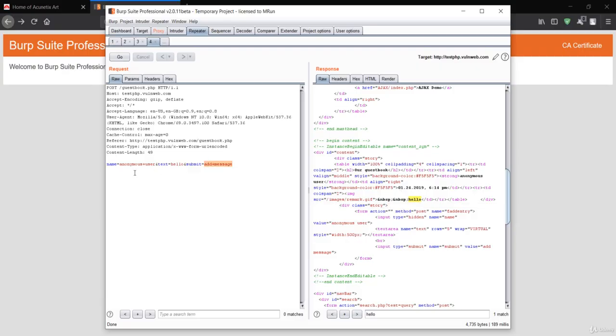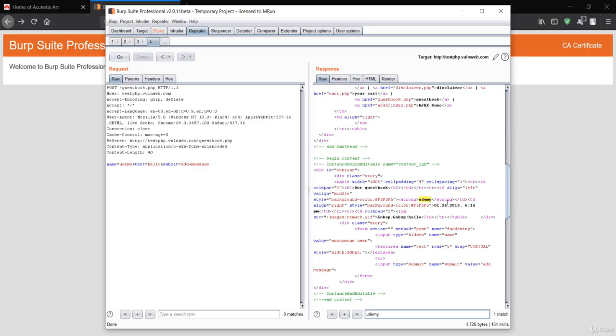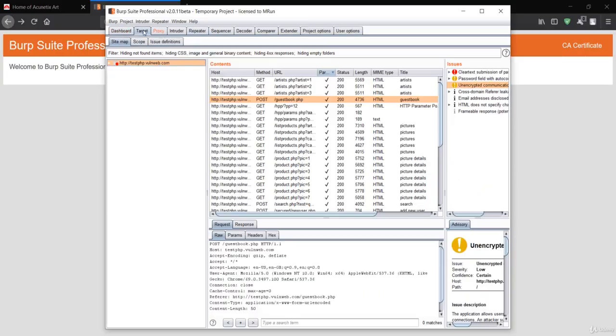So let me just go for name. I'll say Udemy, and let me press go again. Let's see if this reflects or not. So it has been reflected in this strong tag, but I think okay, let's test for this name. Okay, instead of that I'll go for another parameter again.